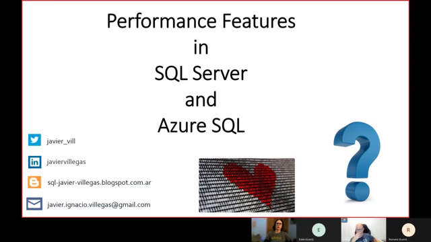Mm-hmm. So again, you have a mechanism that is detecting the regression and fixing it on the fly, and not telling you or sending you an email saying, hey, you have to rewrite this procedure, include this, blah, blah, blah. You see, I haven't touched any code. That's the beauty, right? You should enable the feature if it is not enabled by default, and boom, you get all these benefits.